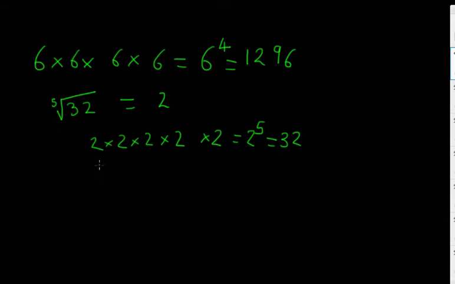Now sometimes this can also be written as 32 to the power 1/5, which equals 2. We'll work through some more of these exam type questions. So 7 cubed, 7 times 7 times 7, or you would put 7 to the power 3 into your calculator and you get